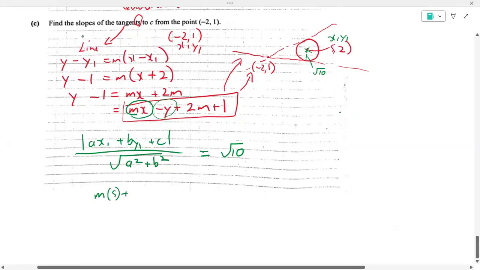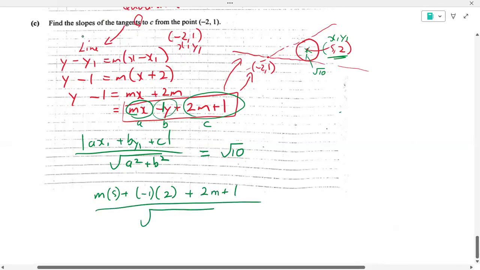Then I have plus b, which is my minus 1, so that's my B. That's my A, that's my B, and this bit is going to be my C. In the place of y, I'm putting 2, because that's the center of my circle, plus my C, which is my 2m plus 1, all over